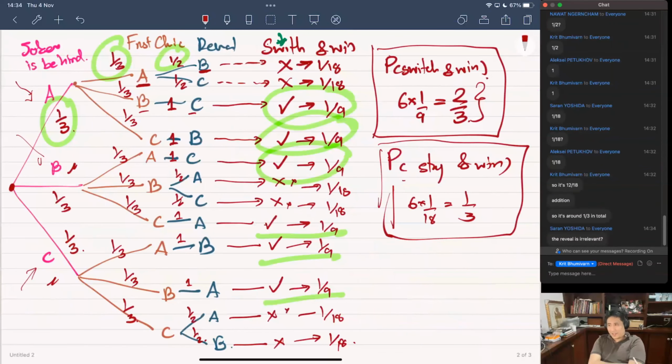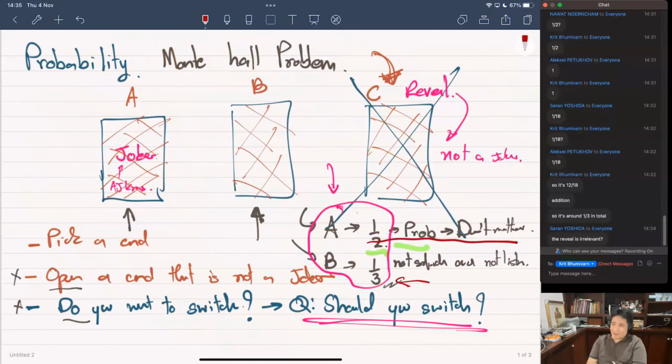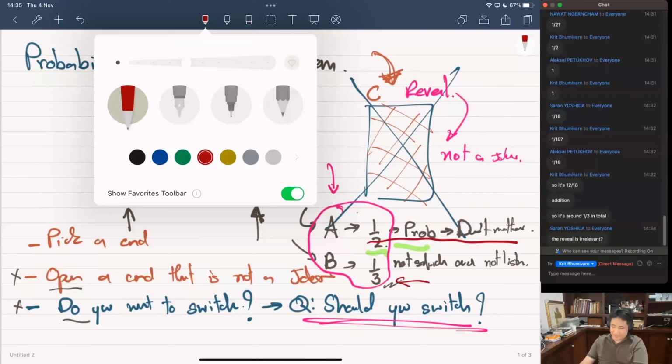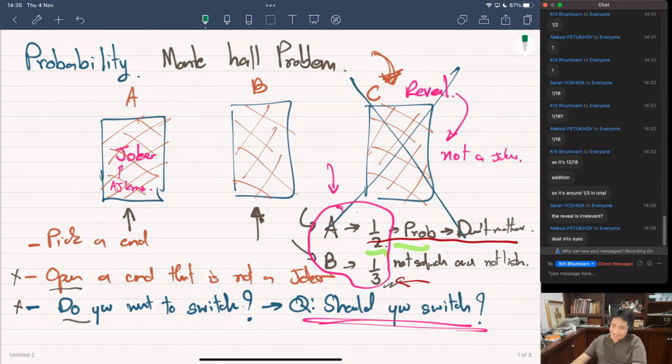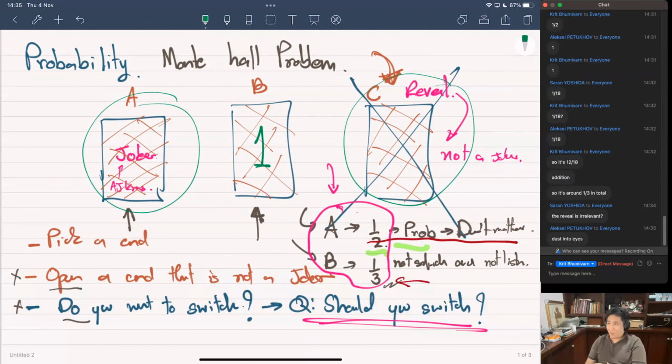Do you now believe that it's 2/3? Actually, no, the review is actually not irrelevant. Think about this. Here is the intuition I want you to have. But again, I said intuition is always wrong. But this is a good way for me to convince you that it's 2/3. So I say that if you stay, you are picking one card. But if you switch, you are effectively picking 2 cards. And then I'm going to open one for you anyway.